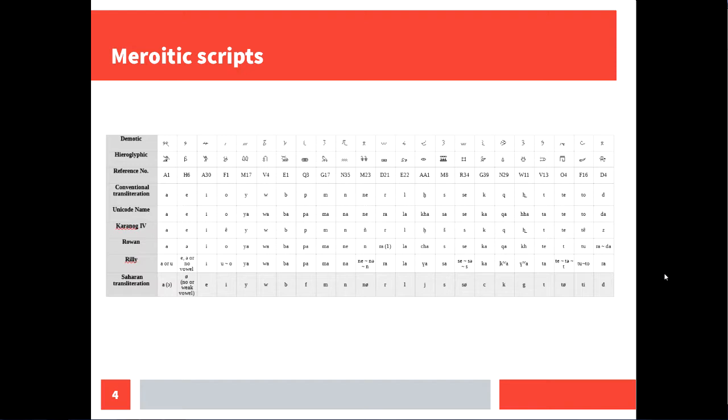I've also included the transcription systems that you're most likely to encounter. The prevailing transliteration has been standard since the 70s, so you can see this here. It's also the one that you'll find in Wikipedia and most encyclopedias. I've also included the Unicode names. Meroitic was added to Unicode a few years ago, so that's their names. I've included Griffiths' transcription from Caranog 4, which is in the public domain, which you can access yourself.